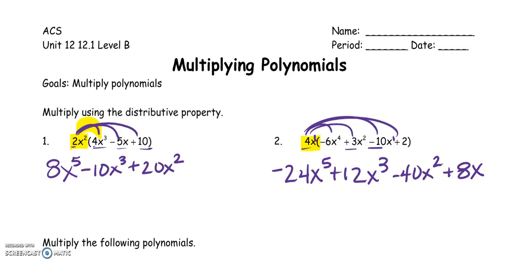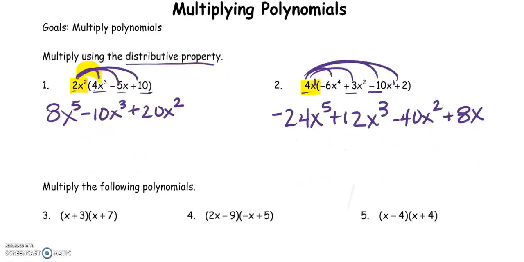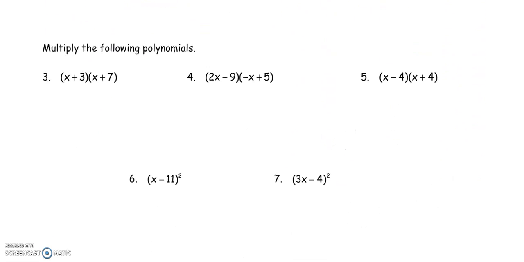So this is the distributive property where you take every number on the outside and bring it into every term on the inside. The next thing we're going to do is multiply our following polynomials. We're going to do this by creating a Punnett square, and you've seen Punnett squares in science, so we're going to bring that into math. So we have two binomials, which means there's 2 terms in each. You're going to pick one to put on top, x plus 3,